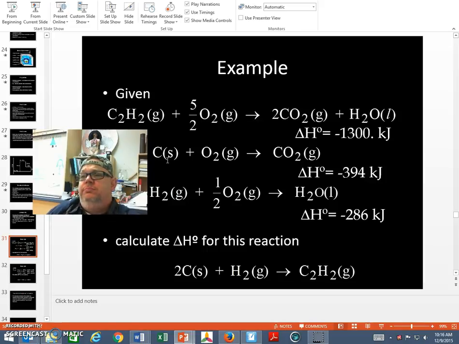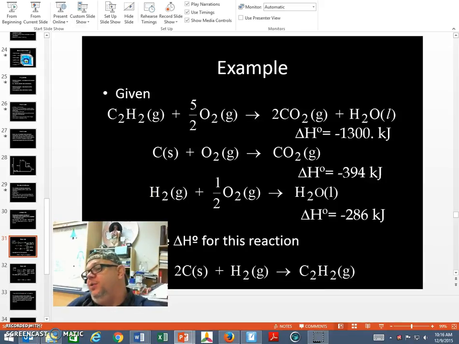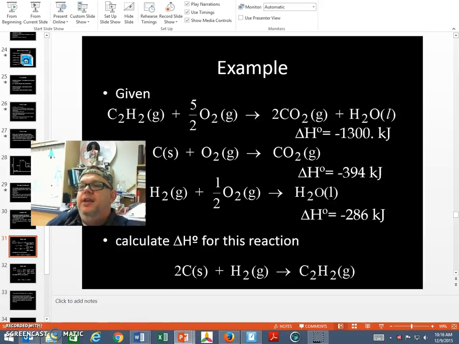Yeah, we do. Because do we need to change the direction that it's going in? No, we don't. Why? Well, because the CO2 that's over to my right, the right of the picture, is on the same side of the arrow as our final equation over there. But here, if you notice, we got 2 CO2. So that means we're going to have to take this delta H of negative 394 kilojoules and multiply it by